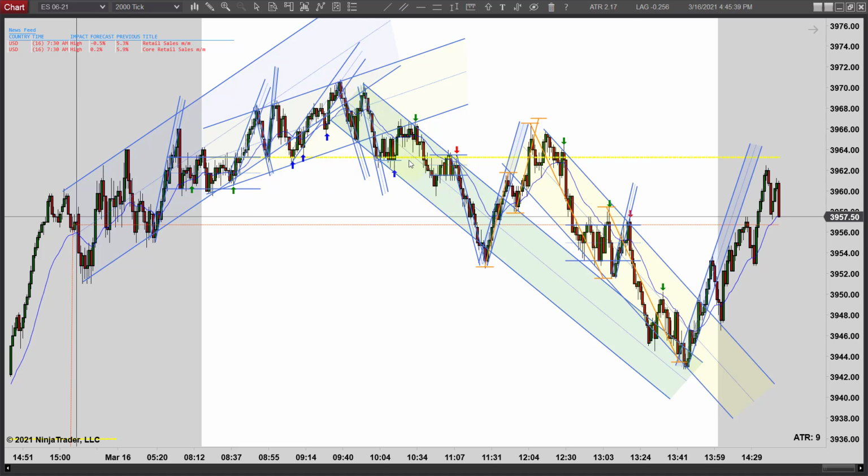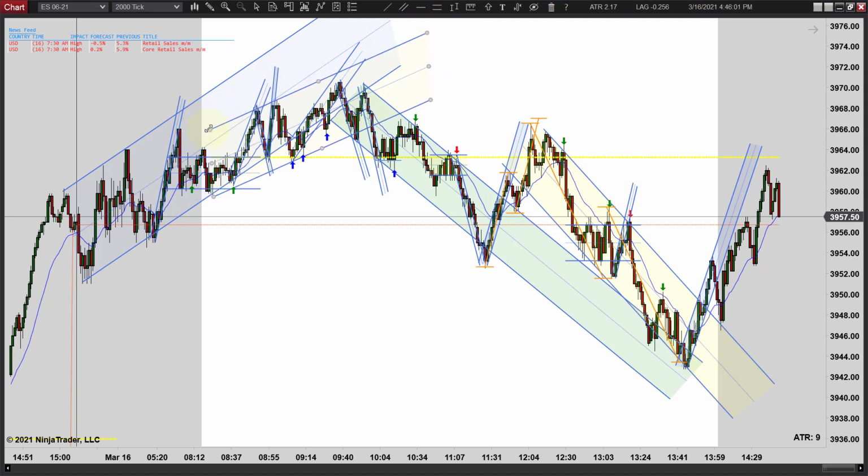And we had the break of the yellow one, and prices tried to go back, but they never could. We ended up with two legs down. So the yellow one really never played out, or maybe I just don't have it drawn right. Originally, I drew it a little different, and I came back and changed it. But I'm guessing that maybe